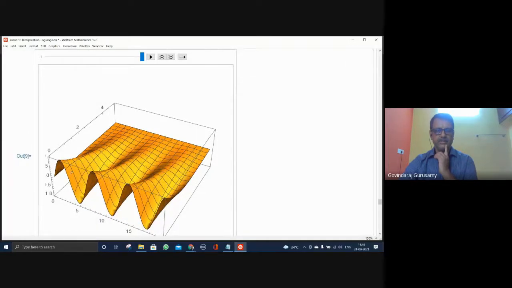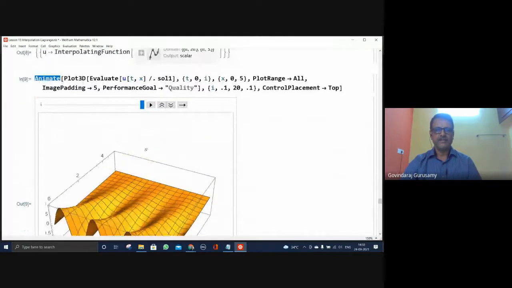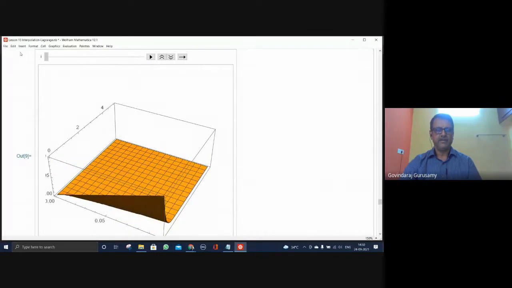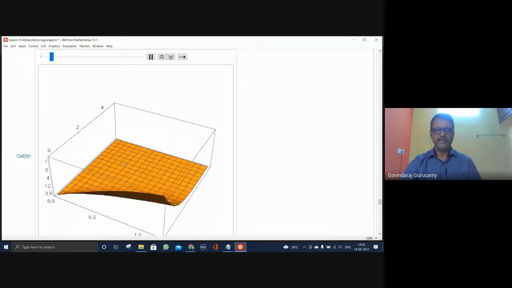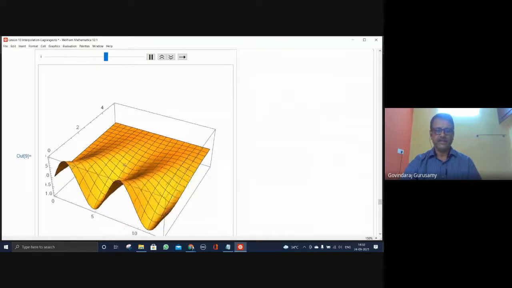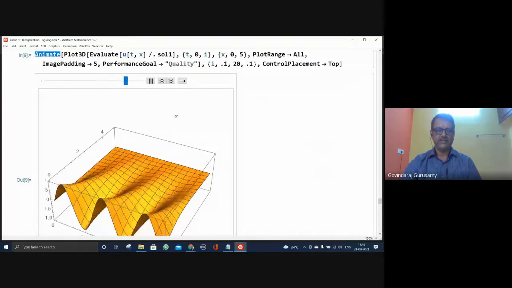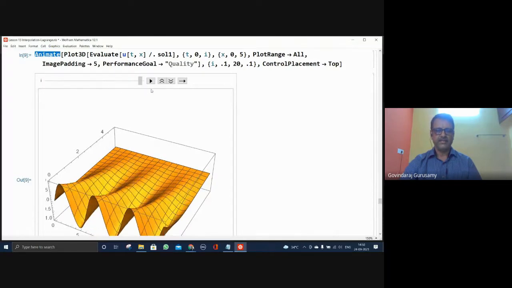This is interpolating with the two variables. Interpolation is done with the two variables, not with the single variable. The interpolated function is available as a two variable function. Now this is the time variation, and over the space it's already been taken 0 to 5. And this is the time axis in which you are going to see the animation now. It's nice to see. So interpolation with the two different variables x and t is being done numerically for the different ranges. Okay, you can stop here and then if it changes, look at it.